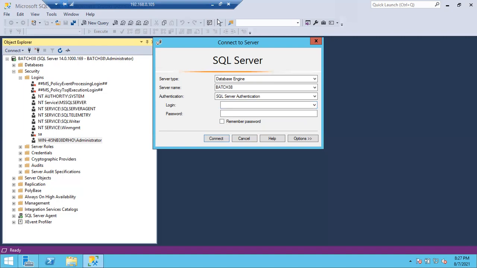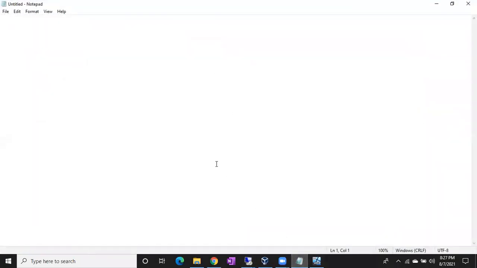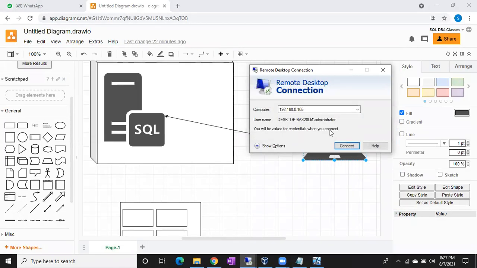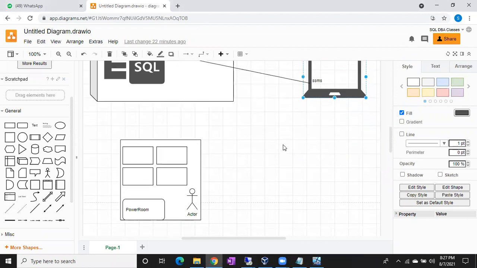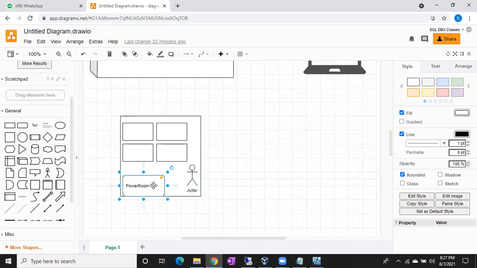Right. So the next terminology is principal and securable. Okay, principal and securable. So what is principal? What is securable? Again, in the same example, the server room example, principal means those who are accessing the resources.